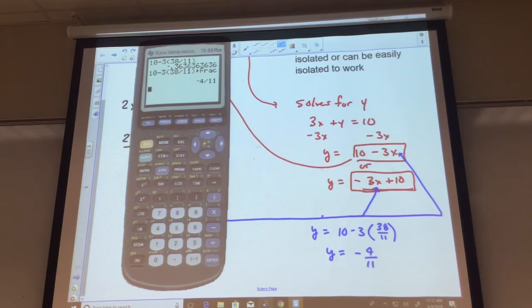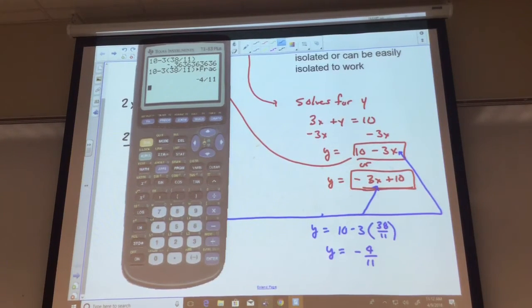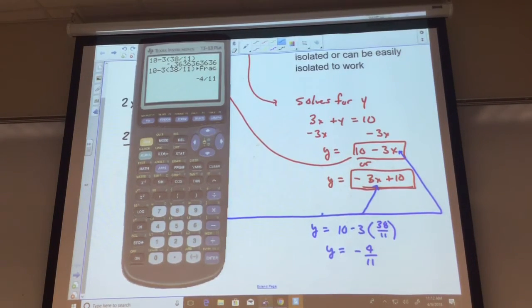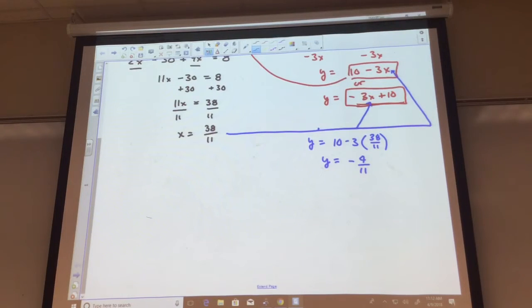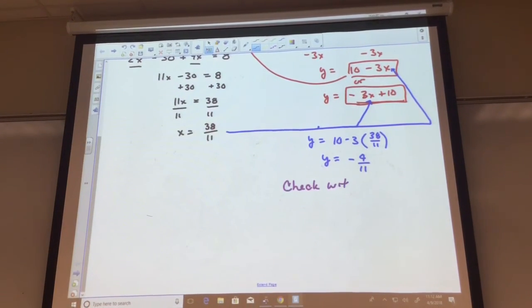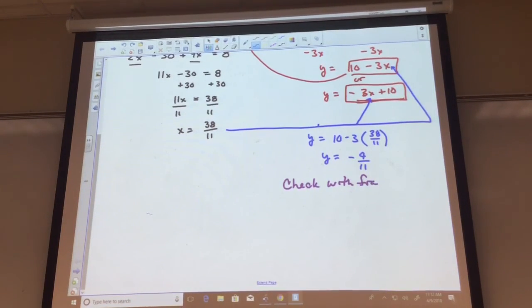But I wanted to show you this for 2 reasons. Number 1, it's not a pretty answer, and the calculator takes care of it for us. And number 2, we still have the expectation that we're going to have to do some checking in here. Checking with fractions is not